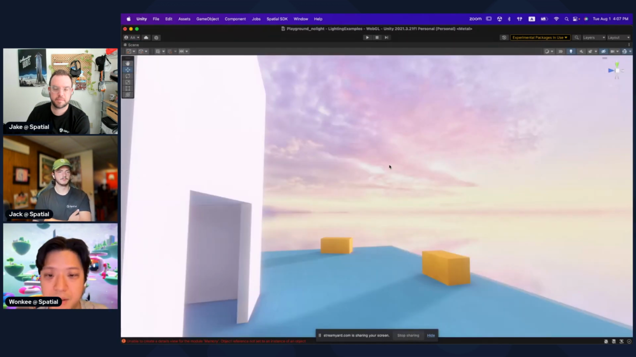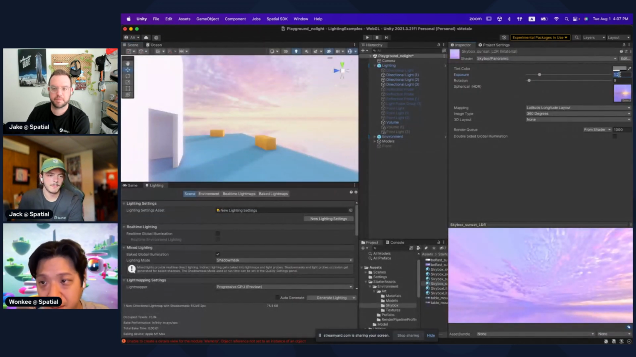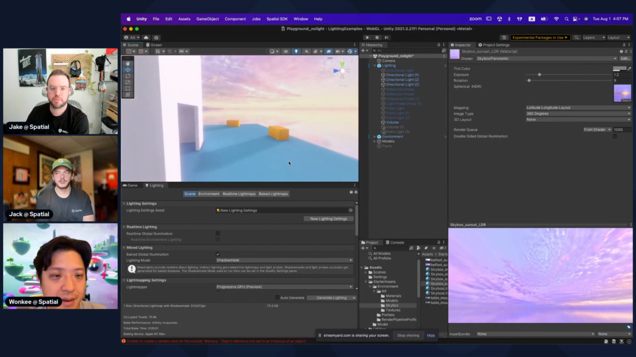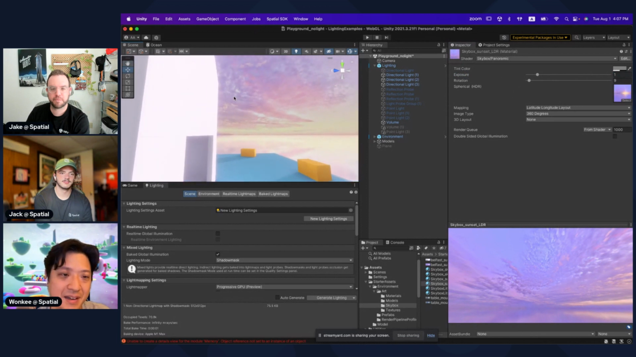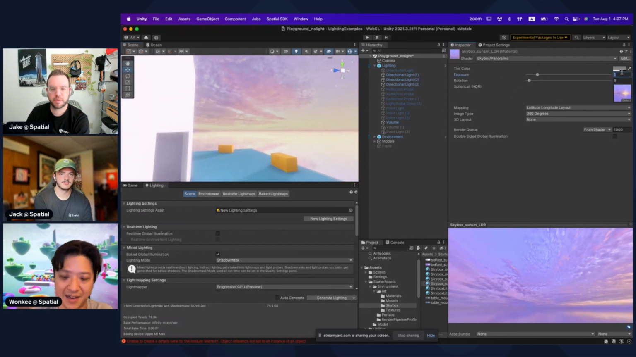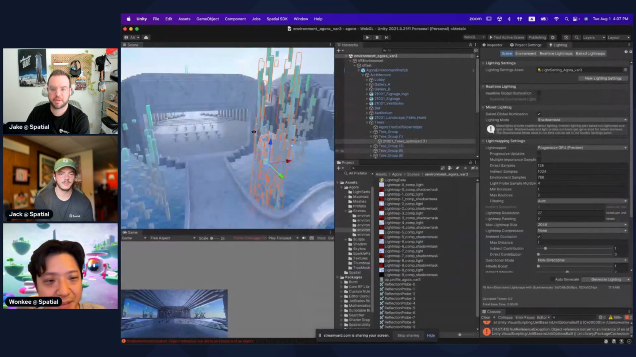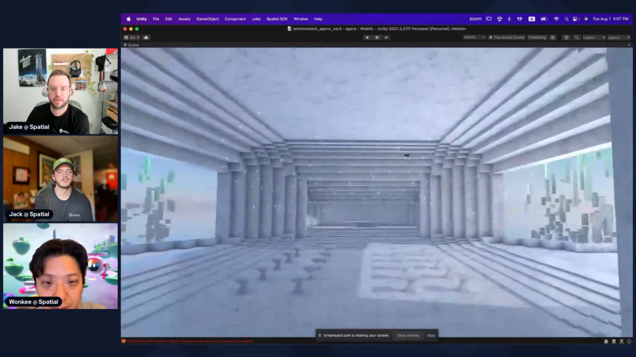Sometimes this happens. If your sky is dark, then you can increase the brightness by increasing the exposure in the sky. It's a good little detail. I like a very bright sky. Yeah, that's awesome. For the bright sky, what I did is